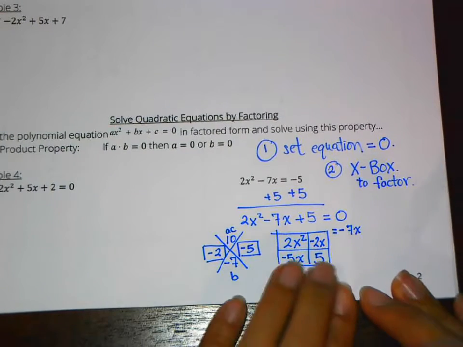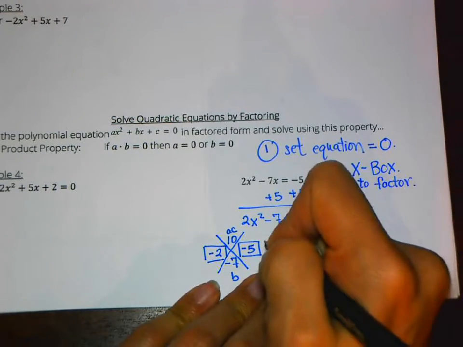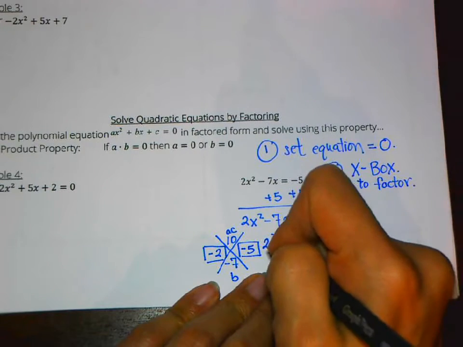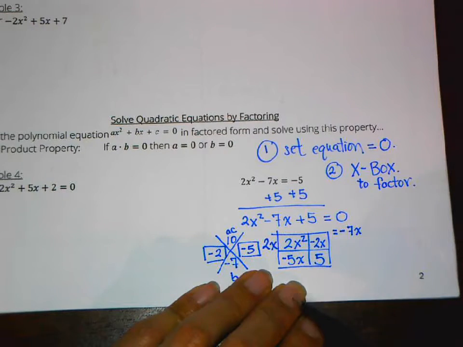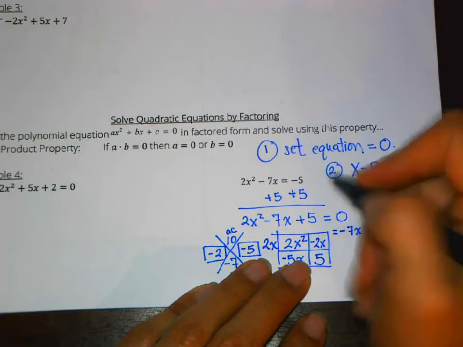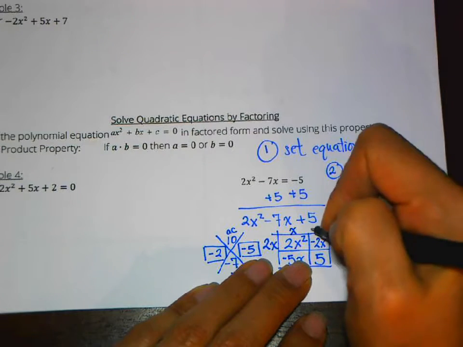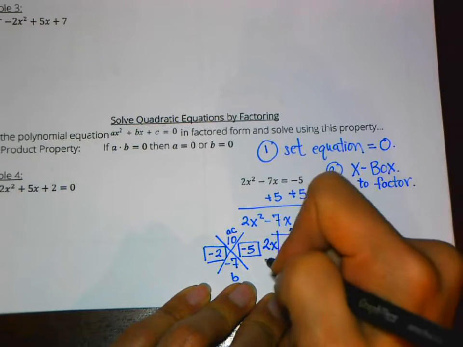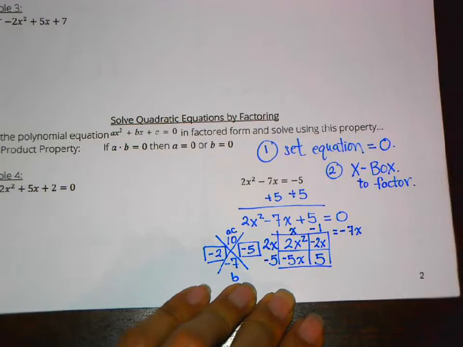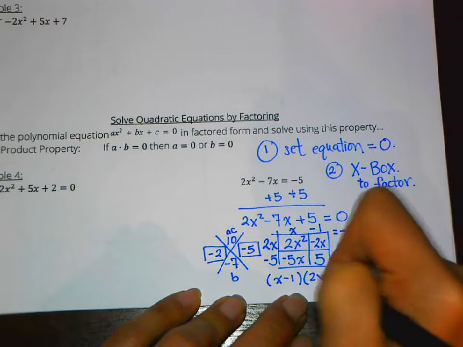Now I'm going to find the greatest common factor between 2x squared and negative 2x and pull it out to the side. 2 and 2, 2 goes into both of that. X squared and x has the greatest common factor of x. Using that, let's multiply to figure out the rest of the factor. 2x times blank equals 2x squared, that's 1x. 2x times blank equals negative 2x, that's negative 1. X times blank equals negative 5x, that's negative 5. So what I end up having is this, x minus 1 times 2x minus 5